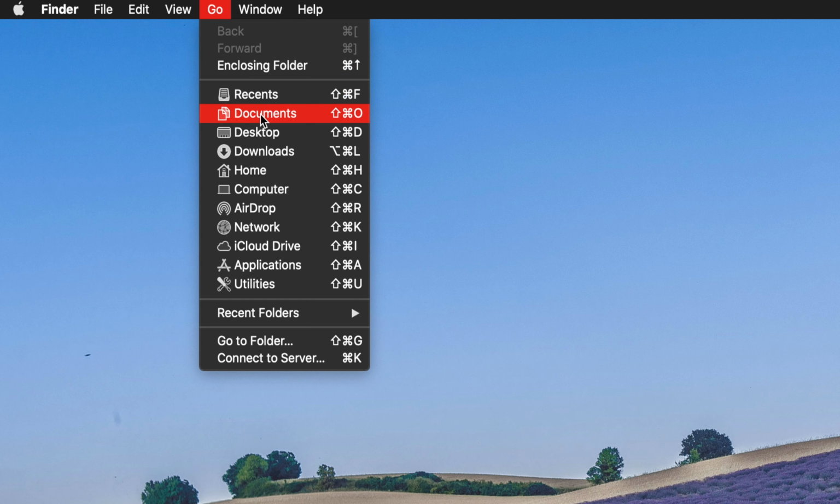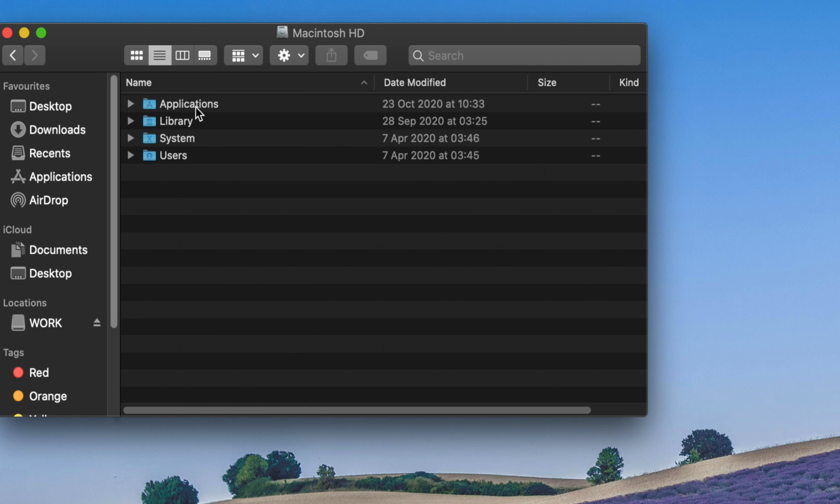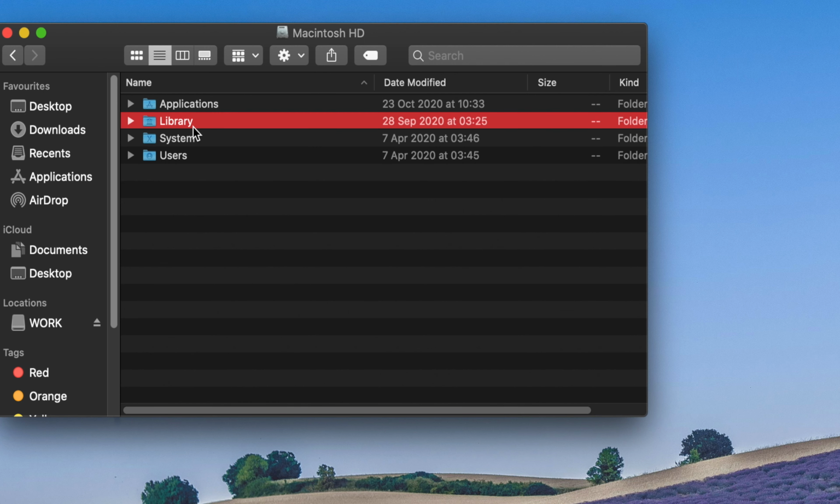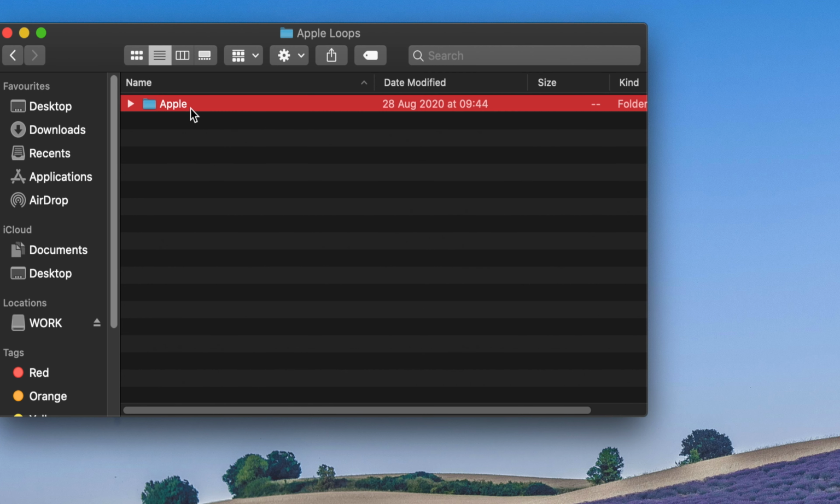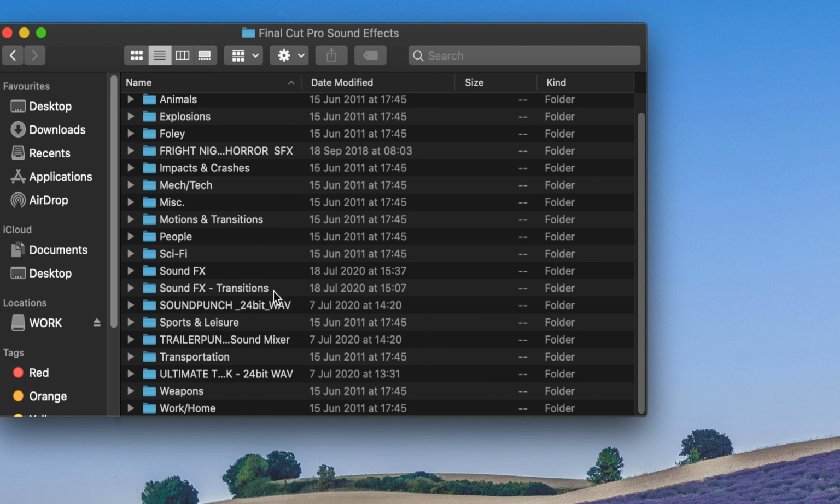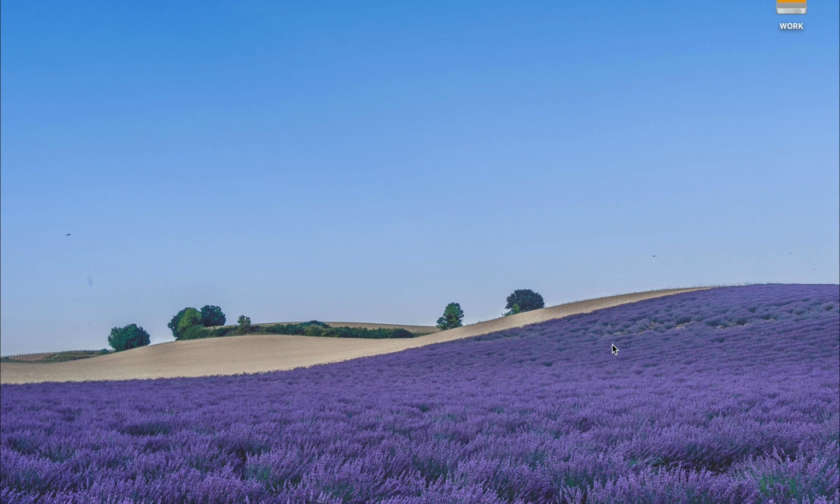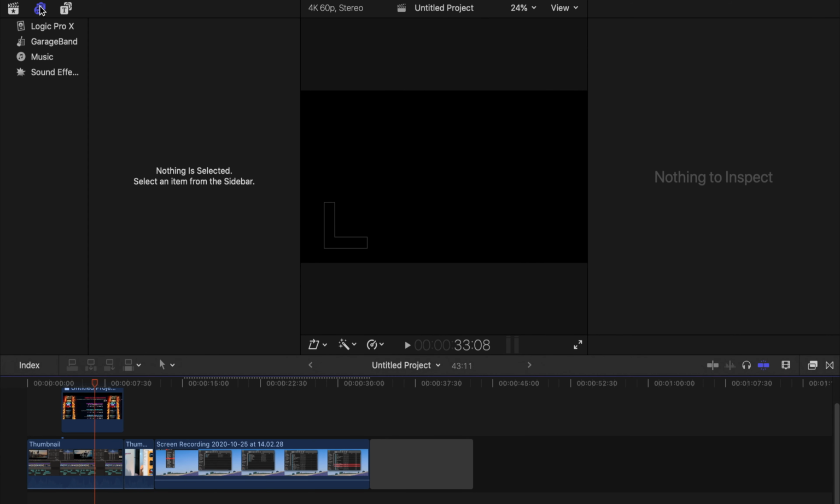So how to install them? Just copy all these plugins and then you go to Computer, Macintosh, Library, Audio, Apple Loops, Apple, and then you find Final Cut Pro sound effects and just put them there. And then you just reopen your Final Cut Pro 10 and you can see that all your sound effects are